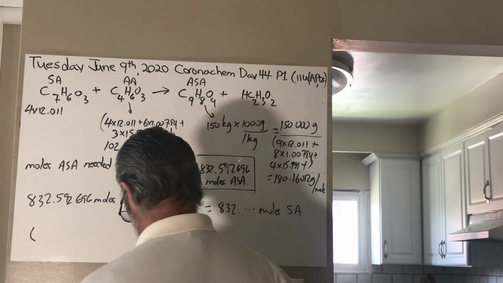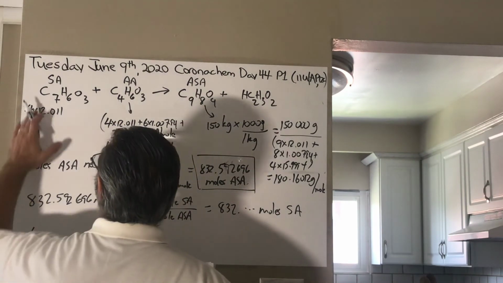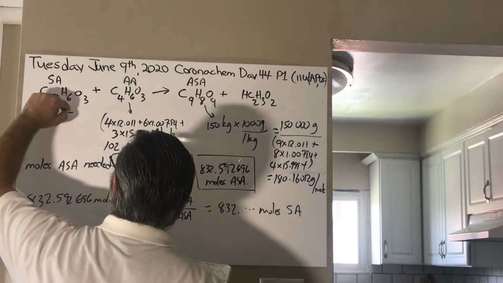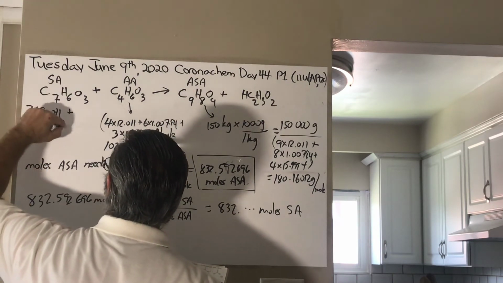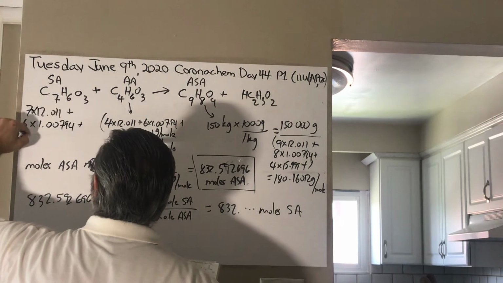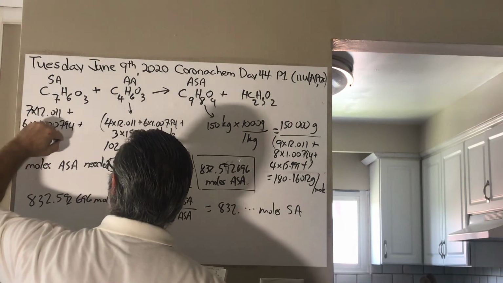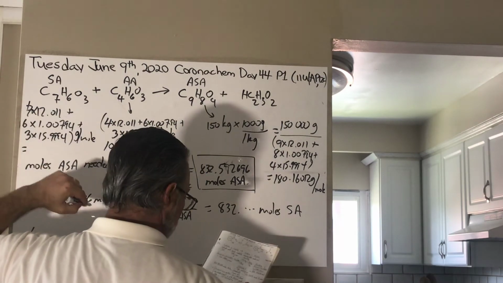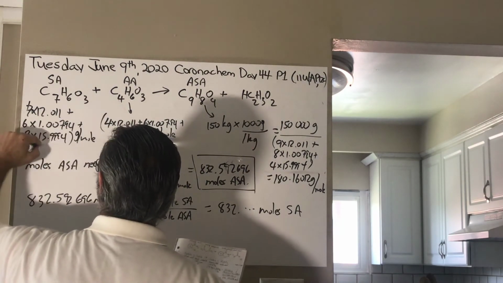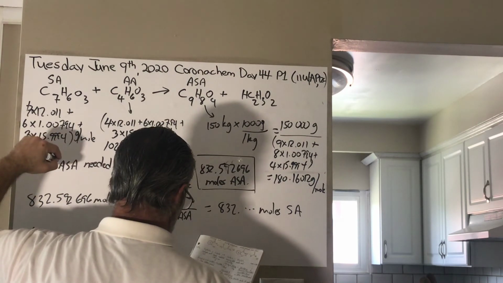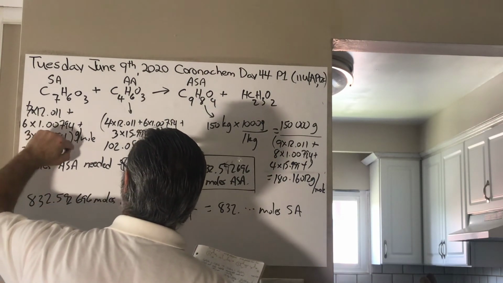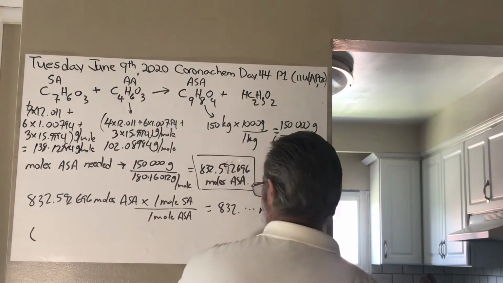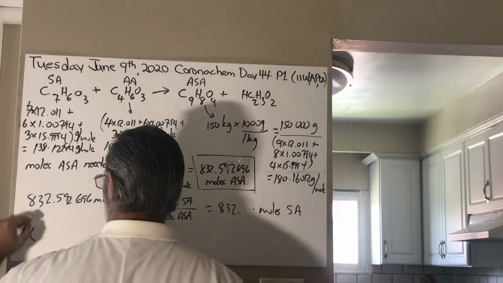Sorry, it's not 4, it's 7 times 12.011 plus 6 times 1.00794 plus 3 times 15.394. What you get in grams per mole is 138.12284 grams per mole. So we have 832 moles of salicylic acid multiplied by